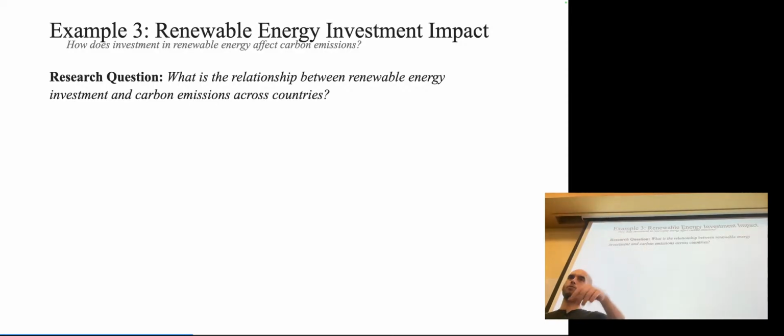And why might we need GDP in this case? It's like maybe something like GDP and population as well, because a country could have high investment, but they could also have other factors contributing towards carbon emissions, like population. Yeah, so there could be multiple other factors that can contribute to their carbon emissions. So a large country could just have very high carbon emissions simply because they have a lot of people. And so we want to sort of disentangle that. Someone mentioned GDP. Was that you, Courtney, or Luke?